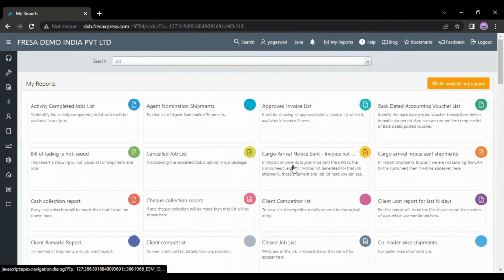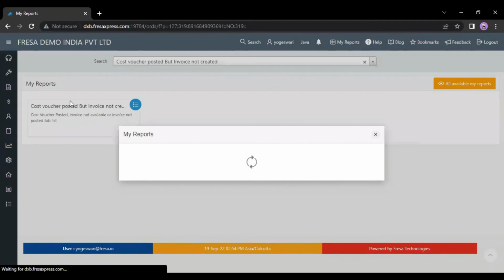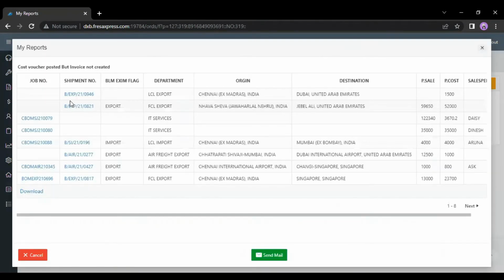On this page, we have to search for the cost voucher posted but invoice not created report. Now click on the cost voucher posted but invoice not created report menu. After you click, the report will be displayed on the screen. This is how to view the cost voucher posted but invoice not created report with job date and client name